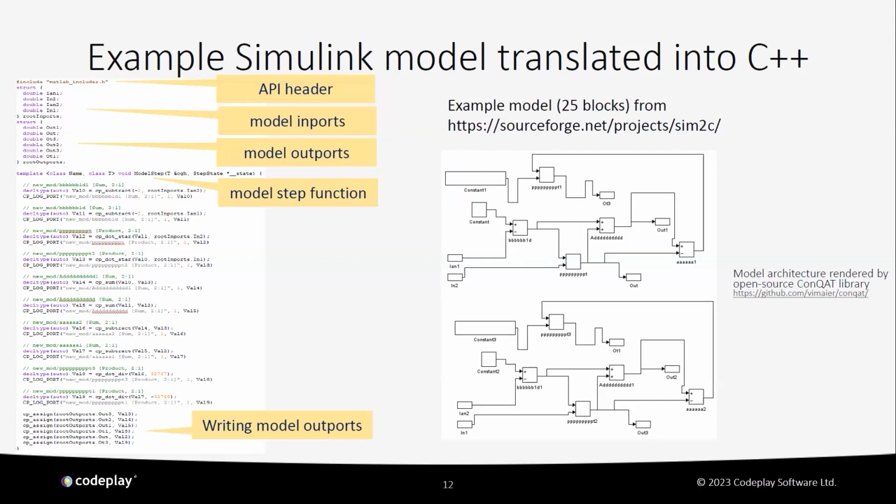So we essentially translated the model on the right-hand side. This is a model that has two similar or almost identical subgraphs. We fed this through Tor, and on the left-hand side you see the output. It starts with the inclusion of the API header, followed by the model inputs and outputs, and then followed by the model step function, which does the evaluation. And that function just goes through all the